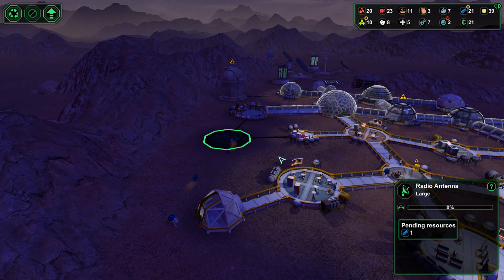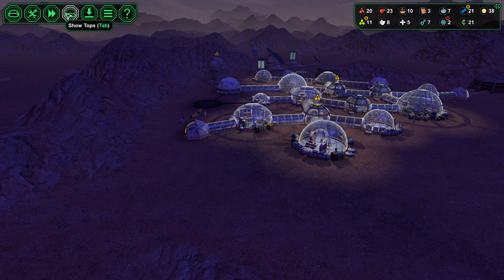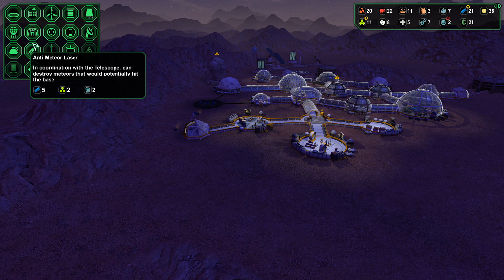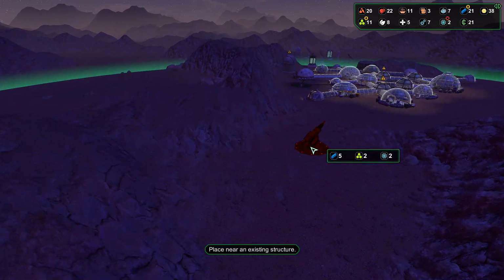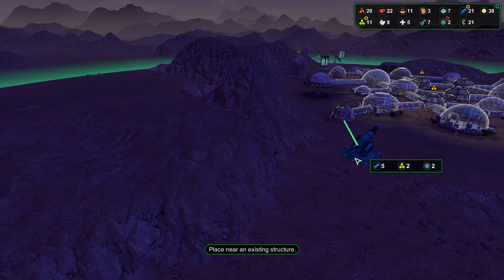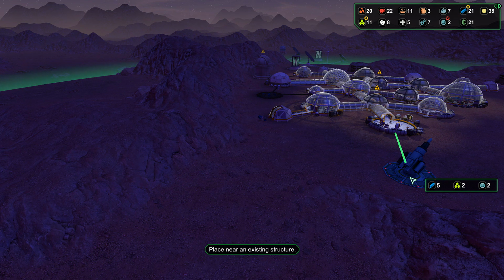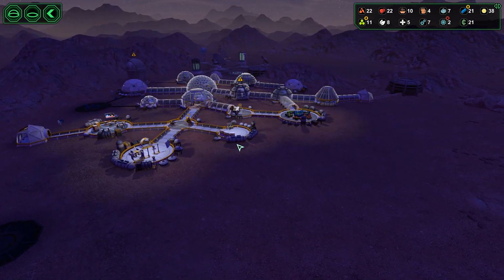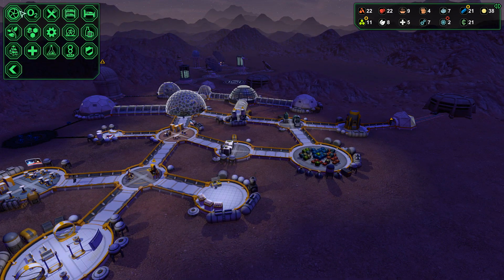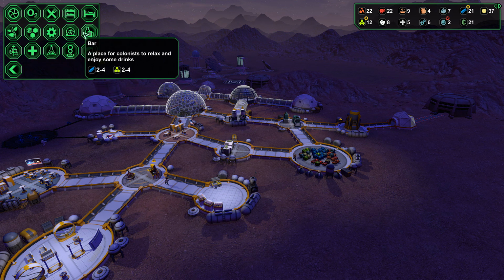So that's working its way there. I will put one down here as well. So let's have another anti-meteor laser, because we don't really need to use half of that space. I think we could actually get away with putting it there. And we can expand a little bit down here for mines and that. While that's working, and I would like...